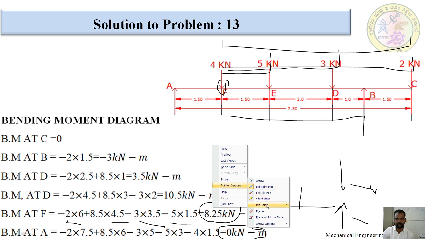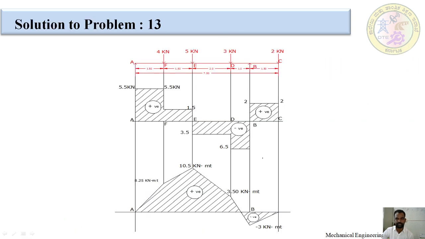Next we are going to draw the bending moment diagram. Okay, this is the bending moment diagram. I want to draw this baseline first of all. This is 0 because at both ends it is 0. I am going to mark at point B what we got, 3, and join it with a straight line. After that, how much did we get at C? 3.5. I am going to join it with this point at D.